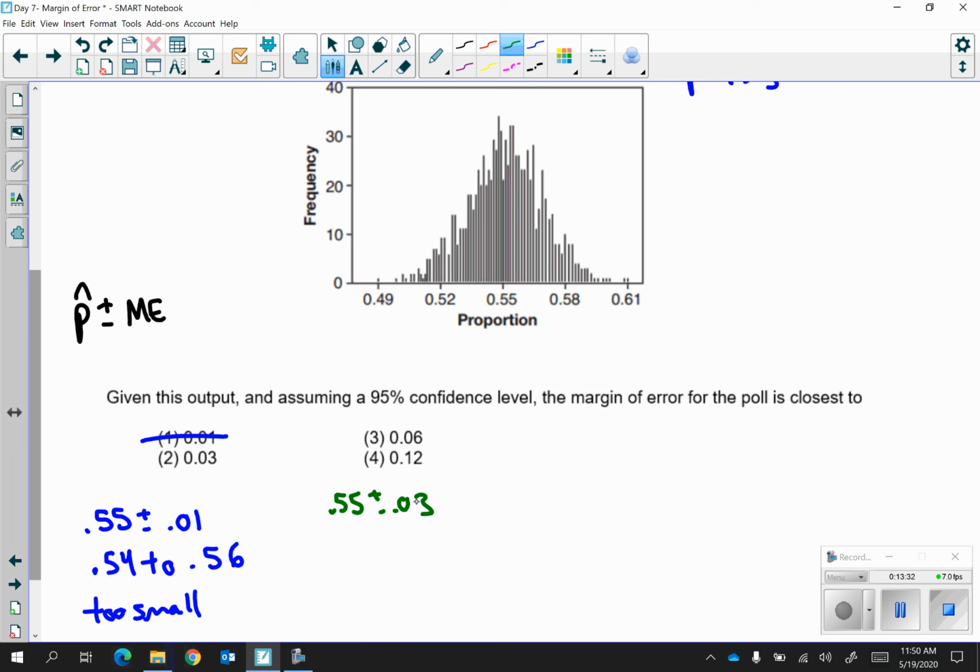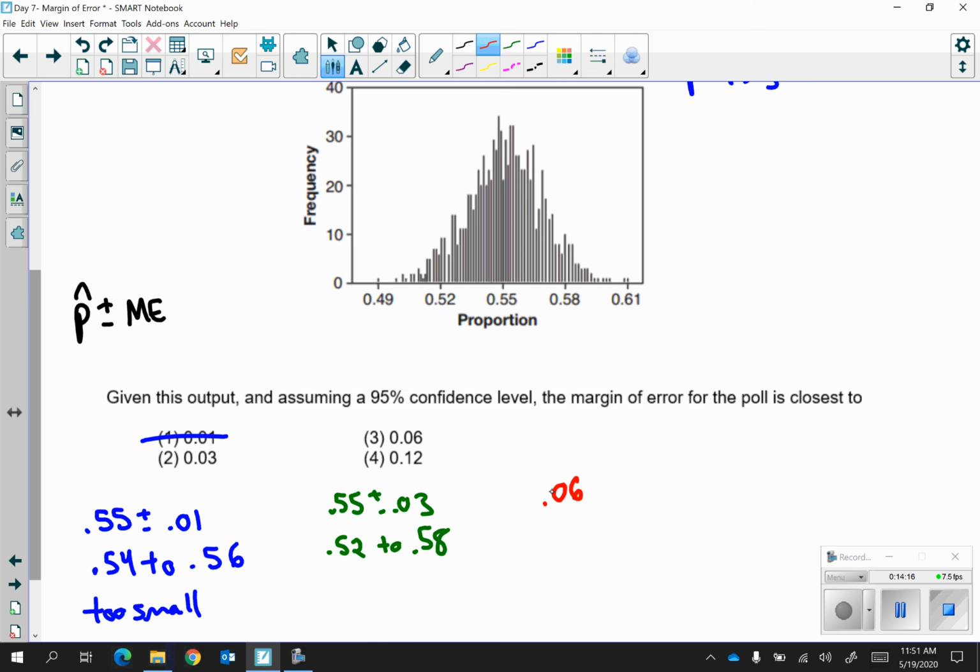That's going to get me a confidence interval of 0.52 to 0.58. And I'm going to go up to my graph and look, 0.52 to 0.58 is that area in between 95% of the data. Now, you might say yes or no, you might be unsure. Keep in mind that it doesn't seem overly large. It also doesn't seem overly small. It's a candidate for the possible correct answer. So we're not going to cross that one out. We're going to go on to the next one,